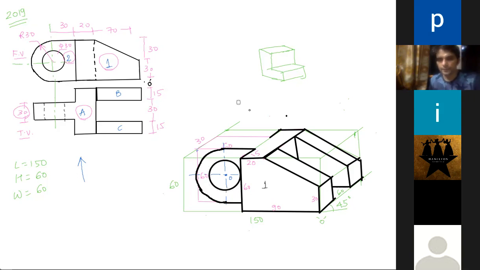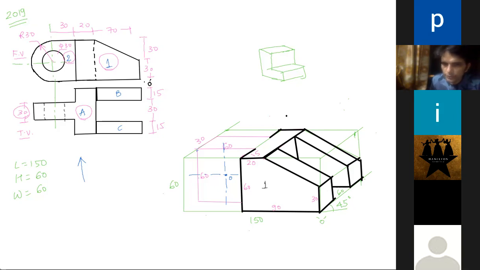So can you explain the whole circle again, even the semicircle? What we need to do? First, we need to draw this part B and C. Have you understood this part B and C? Yes. Then you have this 60, 60, 60 square, right? This is 60, this is 60, this is 60, but we can't see, so that's why I haven't done it.